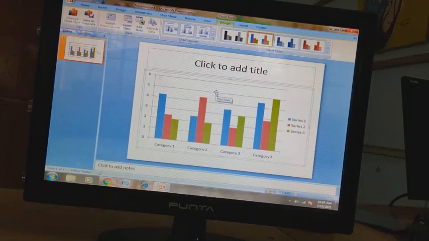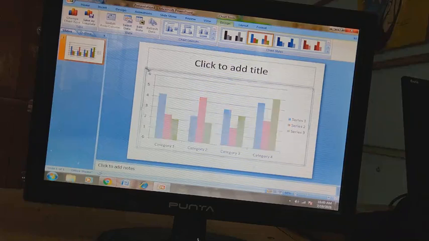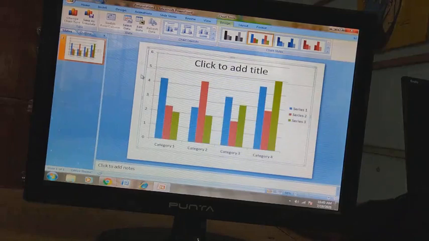What is a chart? A chart is a pictorial format of our data, and with the help of it we can compare our data. So a chart helps us to compare our data, and we can present our data in a picture format. It is giving a clear picture of how we can enter this data. The data has been added, and we can see this data in picture format. So in your syllabus we have the components of a chart.